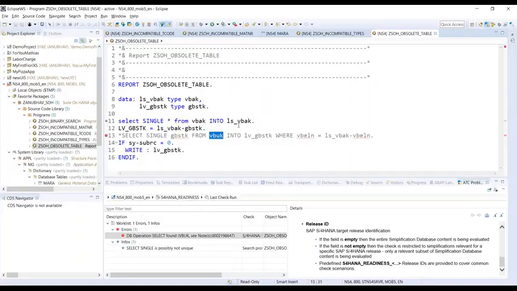Give a try, but make sure as a prerequisite your simplification database is available. If it is not there, you know how to do that. If you have your own S user ID, you can yourself download that package and import it in the simplification database. I've seen in some projects developers themselves doing it, because basis people may not have that much knowledge to do so. If you have good terms with your basis guy, go and talk to them, they will ideally do it for you. If not, then you can do it yourself.